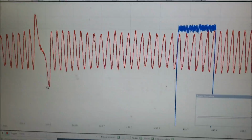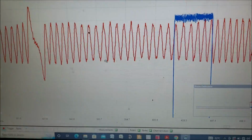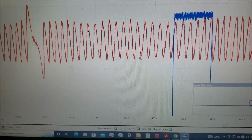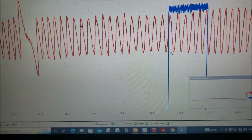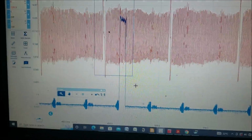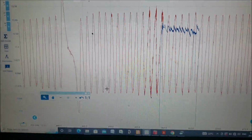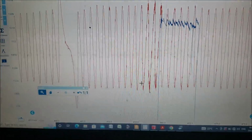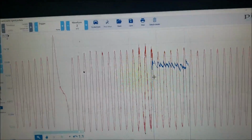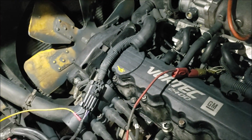So this is your sync. And so 1, 2, 3, 4, 5, 6, 7, 8, 9, 10, 11, 12, 13, 14, 15, 16, 17, 18, 19, and then the 20th is where we get the cam signal. Lucky enough, I do have a reference from a working one from before. This is the same engine. From here we count 1 through 14, and that is when you see a cam signal happening. So that is a verification for me that we have a problem with the timing as far as the cam and crank are concerned. The next step is I'm going to have them open up the front cover